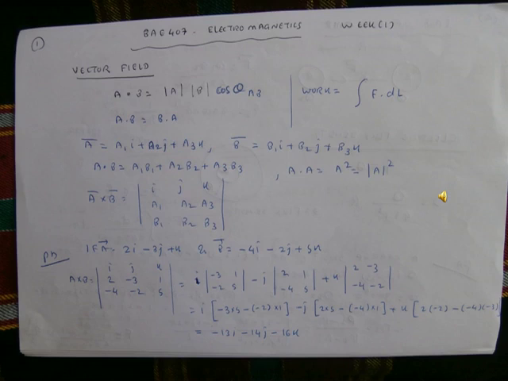So that we multiply, so minus 3 and 5 multiply, so the i in the bracket minus 3 multiply 5, and minus 2 multiply 1, and the minus j in the brackets 2 multiply 5 minus 4 multiply 1, plus k in the brackets 2 multiply minus 2 minus 4 multiply minus 3. So therefore finally the answer will be minus 13i minus 14j minus 16k. So this is